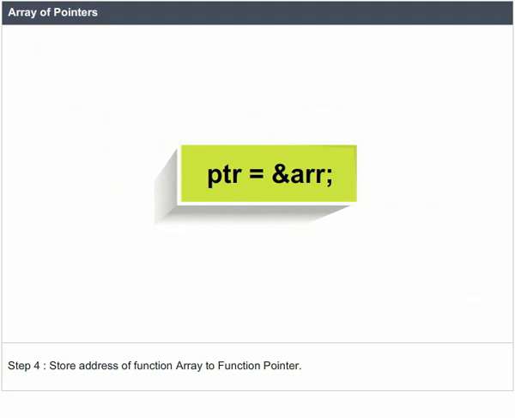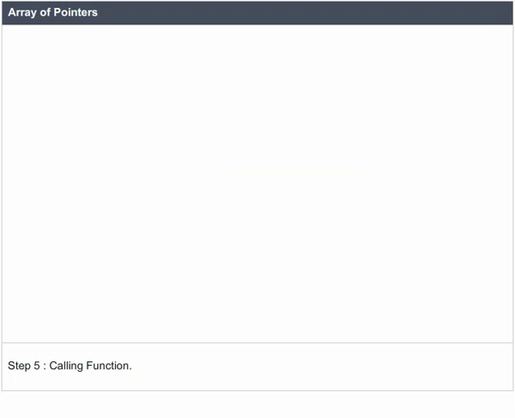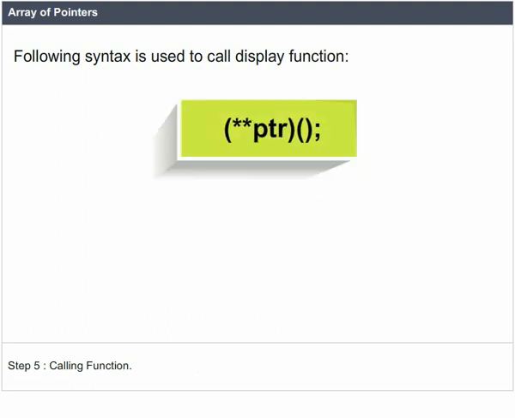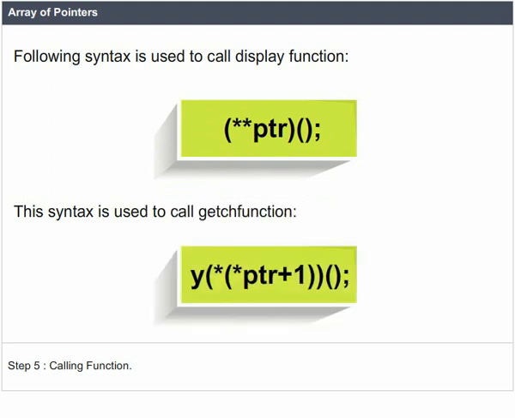Step 5. Calling functions. The following syntax is used to call the display function: (*ptr)(); This syntax is used to call the getch function: y = (*ptr + 1)();